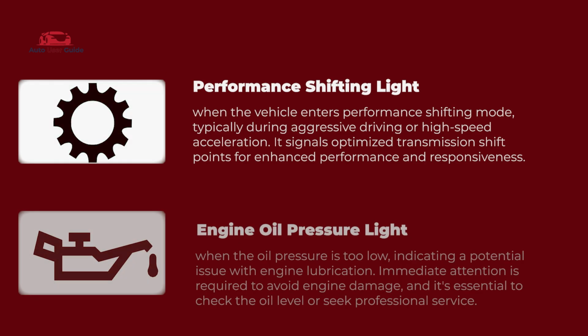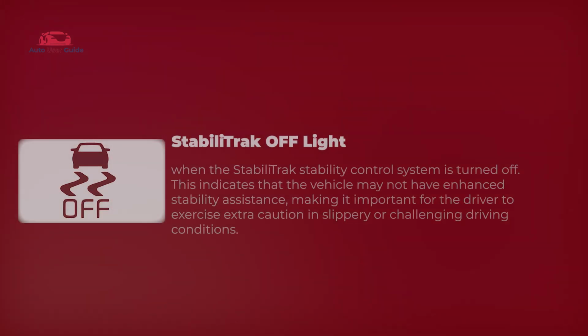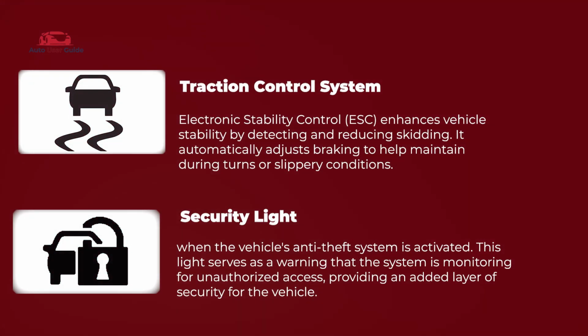performance shifting light, engine oil pressure light, traction off light, low tire pressure warning light, StabiliTrak off light, traction control system, security light,